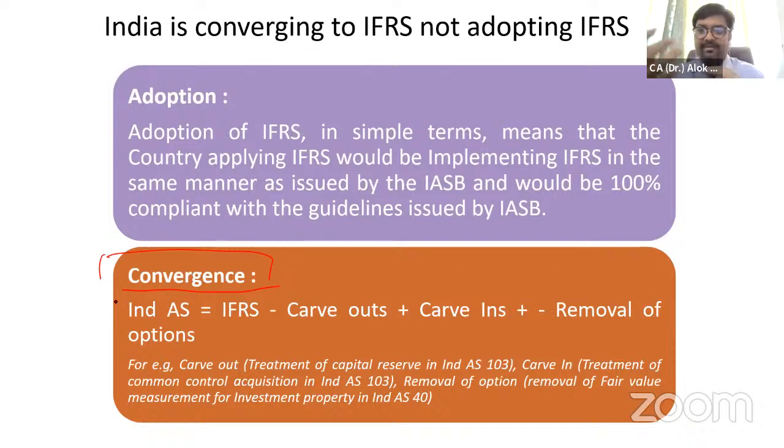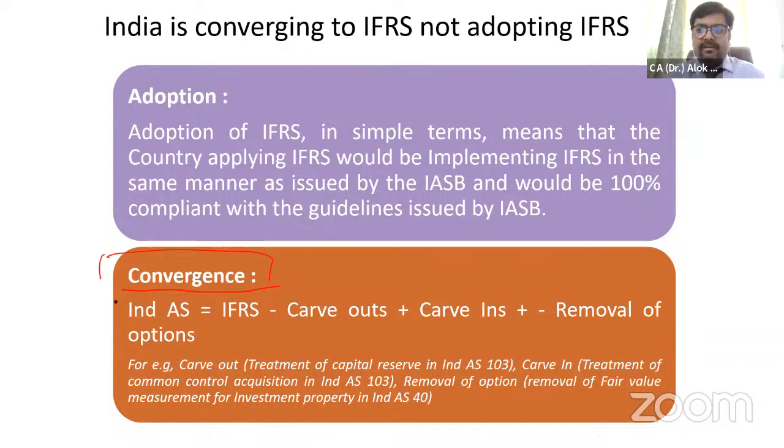So India has picked IFRS standards. When I say IFRS, IFRS includes IAS as well. So India has picked these standards and India has done some small changes in these standards. So whenever you are doing even one change in this standard, you cannot call it an IFRS. Okay, so that is why India has converged IFRS, because India has done some changes in IFRS standards, and that is why we are calling it Ind AS, Indian Accounting Standards.